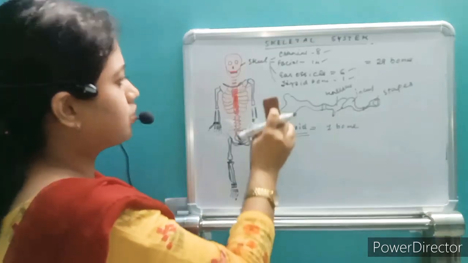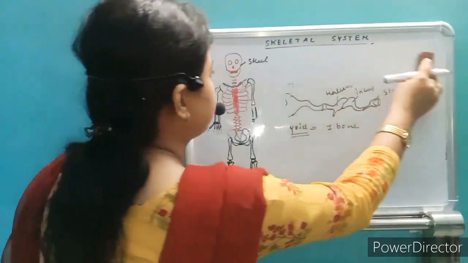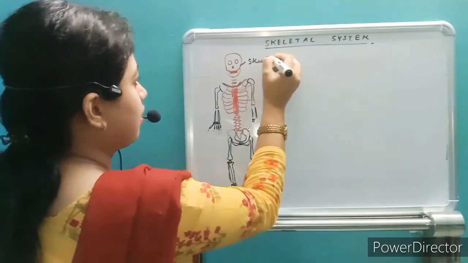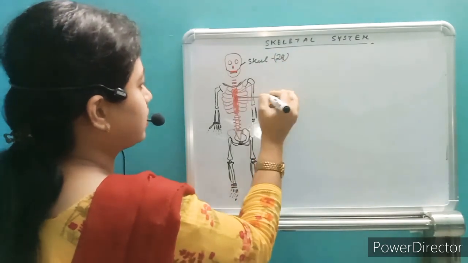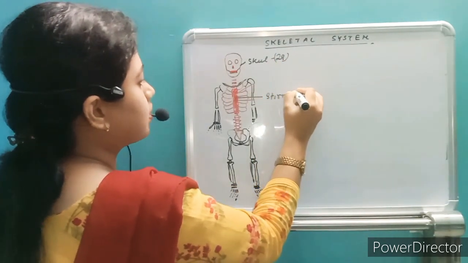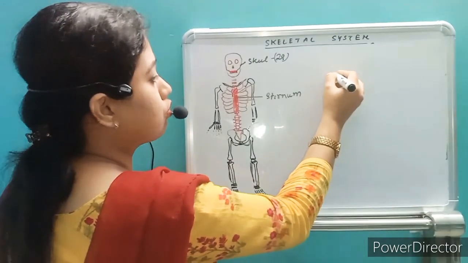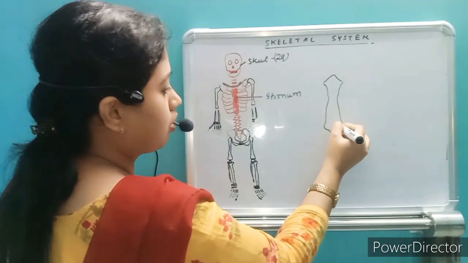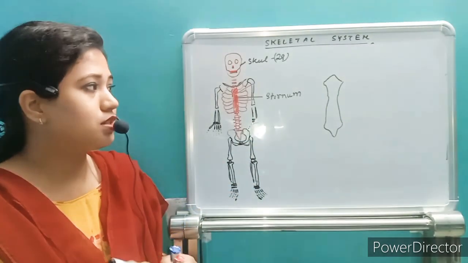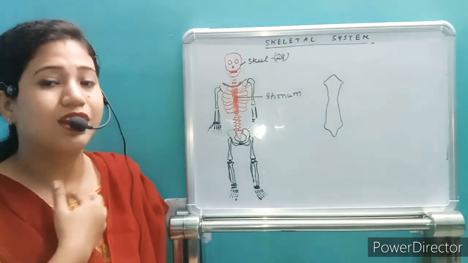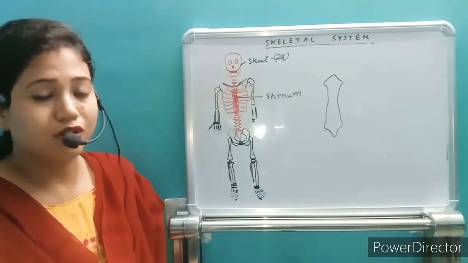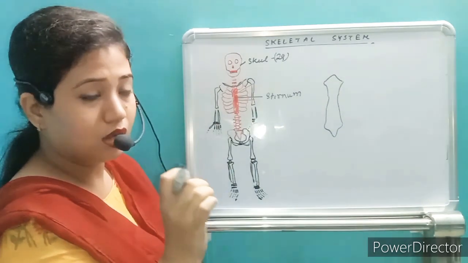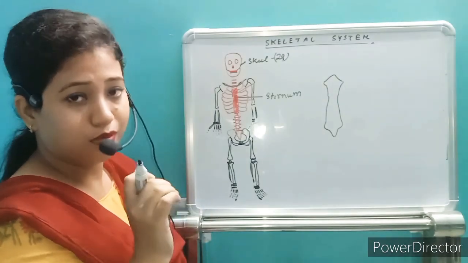After that, let us move to the next part. After the skull, what is the next part? This is the next bone we will see. This is the sternum. Okay, so what is the sternum? The sternum is a single bone present on the ventral side of our body, of our chest cavity. This is a flat bone present here. Right from here it starts up to the end of the thoracic cavity. So this is a single bone, the sternum, present on the ventral side of our body,